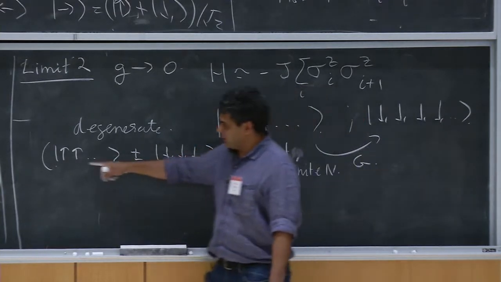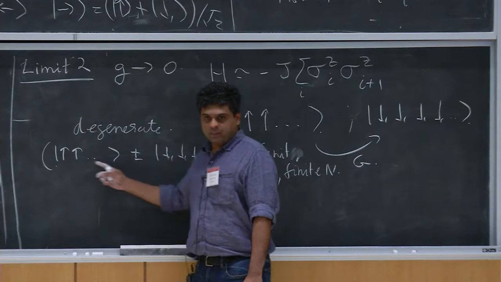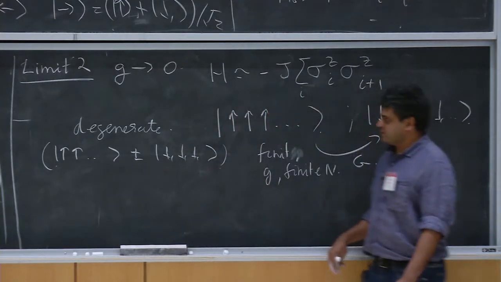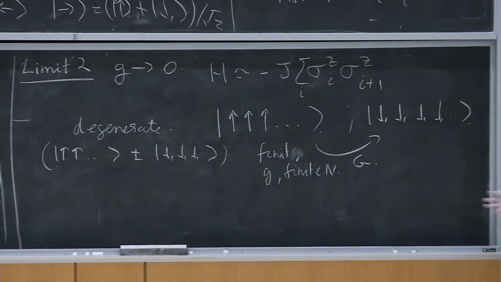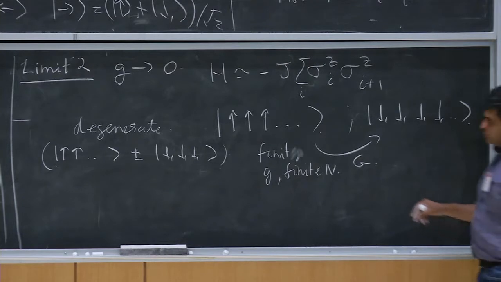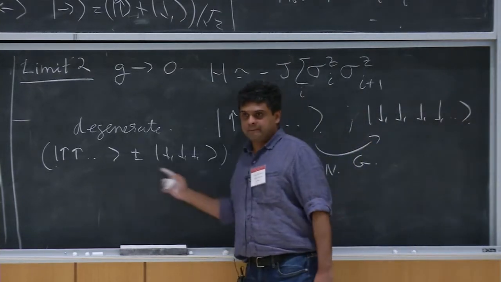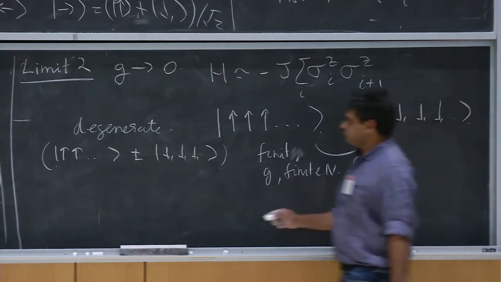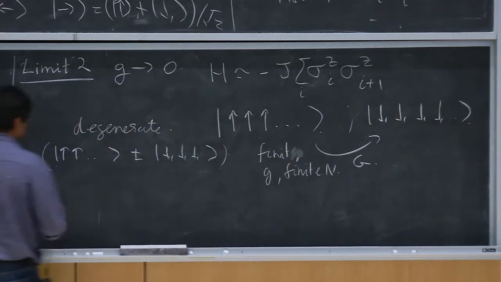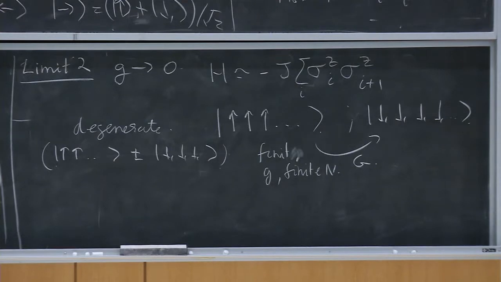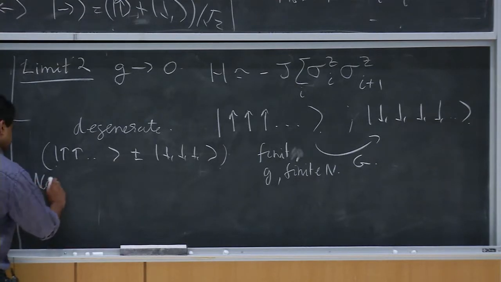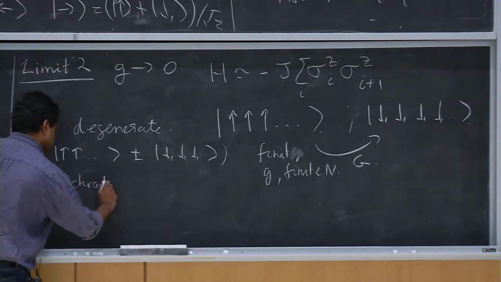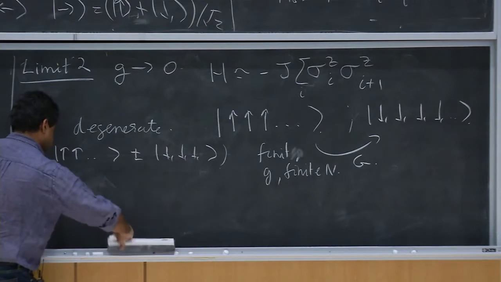If this was one spin or two spins, that would be fine. But if you have a macroscopically large number of spins, it's kind of like having a cat which is dead and alive. You have a system that will have a macroscopic magnetization up or down, and you're asking to put that in a superposition state. Okay, so we don't allow such states. So let's say by hand I kill all these kind of Schrodinger cat states. No cat states, let me call it.